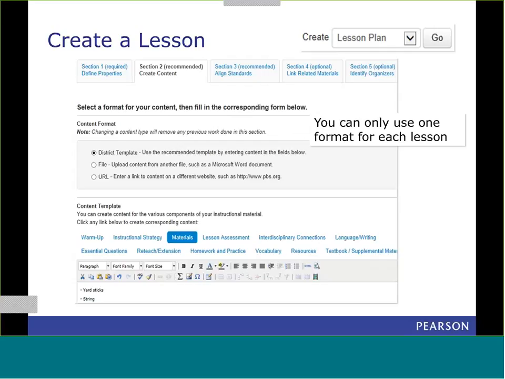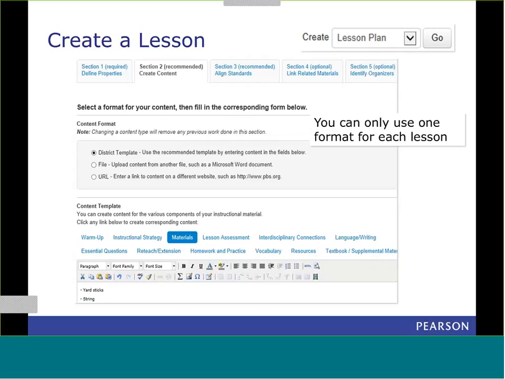So now we're going to move into the new content. There's a couple of things that a teacher can create. They can create an instructional unit, a lesson plan, or resources. The process to create these is very similar. There are just a few less steps when creating a resource. And the way I like to do it is I like to actually create my resource first